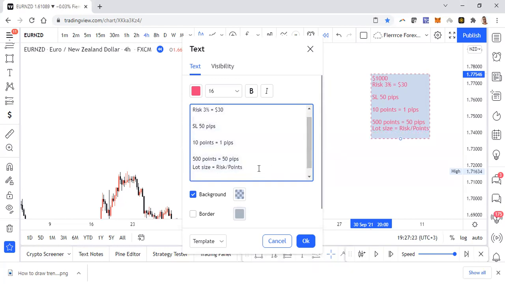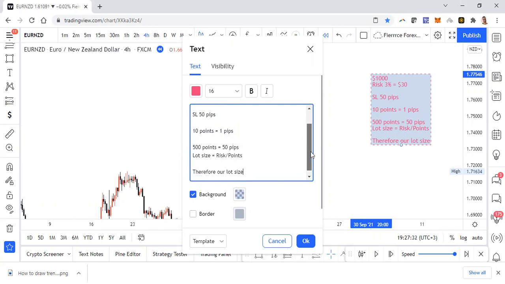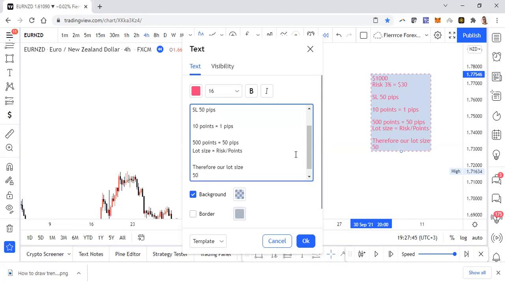So in this case, our lot size, risking 3% of our account with a stop loss of 50 pips, will be: the risk is 3%, which is $30, divided by